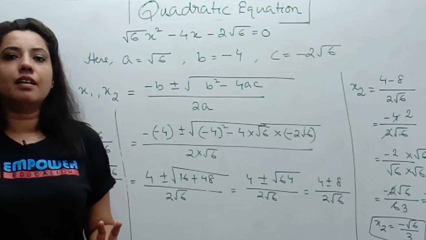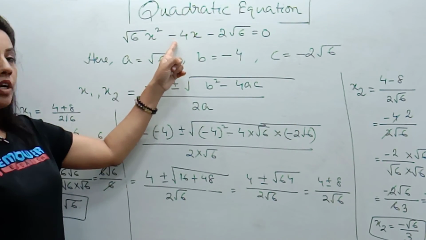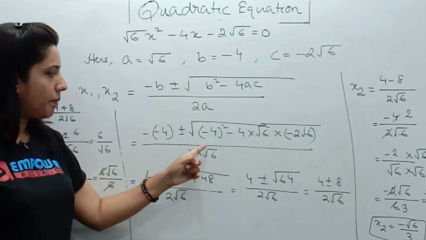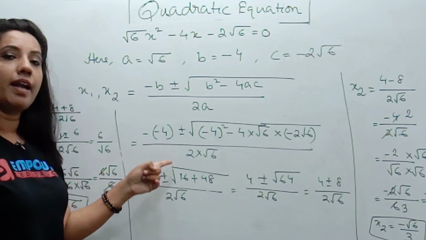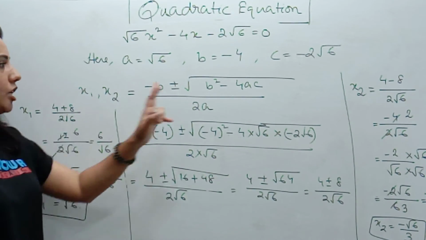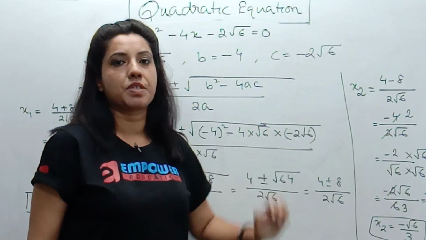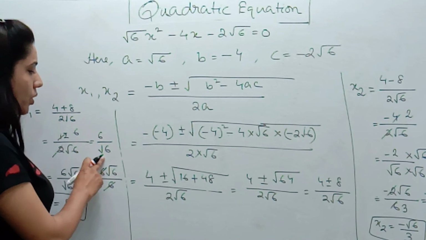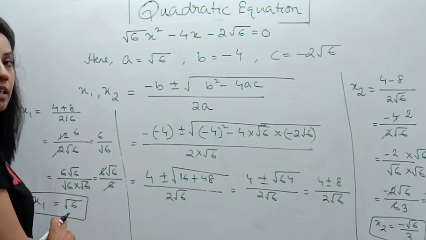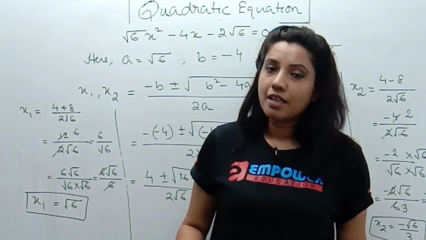So that is it. We are finding out a, b, c first from the given quadratic equation, writing the formula, putting the values of a, b, c in the formula, simplifying correctly. After we get a simplified value, we are separating the two roots. Once we are taking the positive sign, once we are taking the negative sign. For this particular sum, we need to remember, if we are getting root sign in the denominator, we have to rationalize it by the process of rationalization of the denominator. That is it for today.